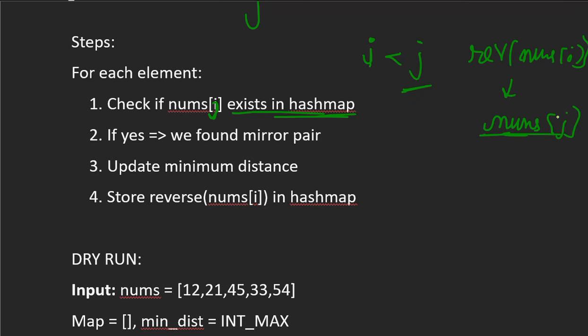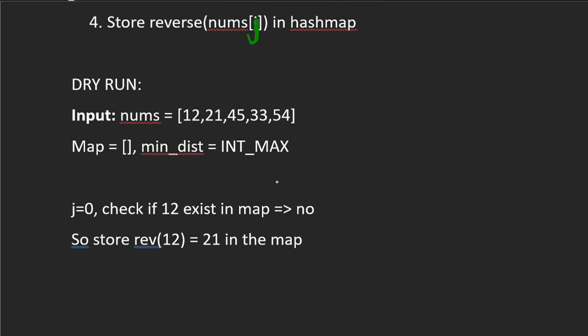So both our conditions are satisfied, and a mirror pair is found, and then we take the minimum distance. At the end, we store the reverse of nums of j in the hash map to use it later. So let's see the dry run.